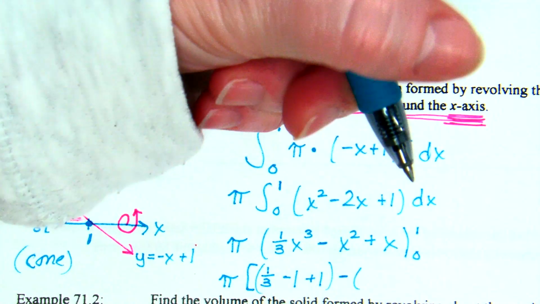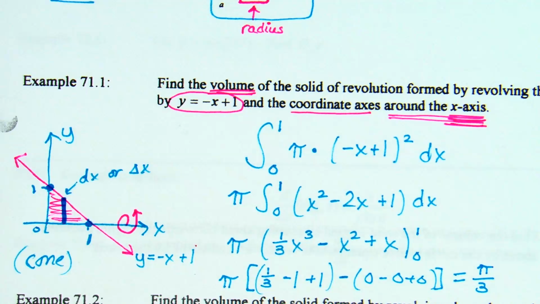It's going to be straight 0. 0 minus 0 plus 0. Well, enjoy the easy problem here. Ends up being 1/3 times pi, so pi over 3. Since this is volume, my official label can be